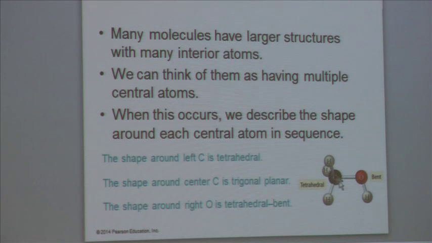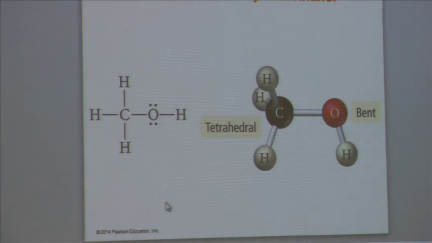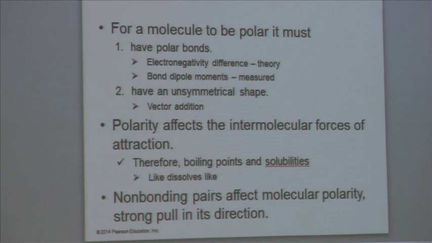So here's our carbon, hydrogens, and a tetrahedral, and then we have an O and an OH. So we have CH3OH. C is tetrahedral. The shape around C is trigonal planar, but O is a bent, tetrahedral bent. And when we describe this geometry of methanol, tetrahedral bent geometry, for a molecule to be polar, it should have